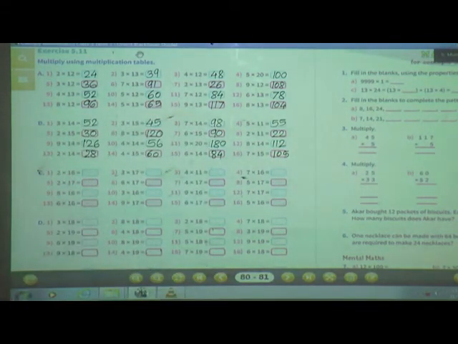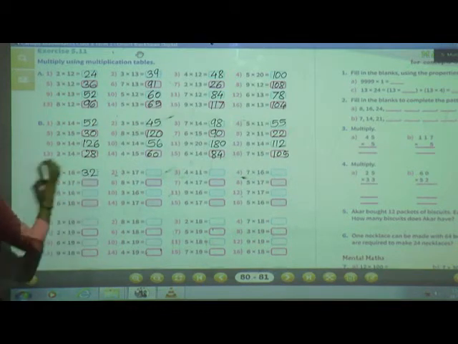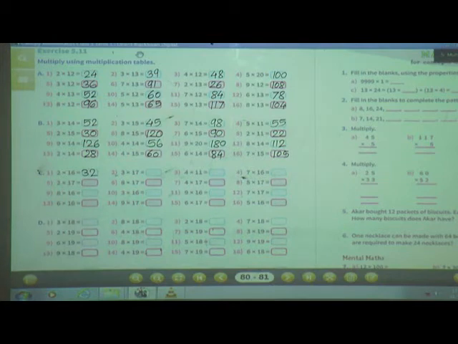Next, see the C question. Complete till here? A and B question complete? Okay, now we'll see the C question. 2 into 16. Now here you have to say the table of 16. 16 twos are 32. Correct. So write in the given box. 16 twos are 32. So 2 into 16 is equal to 32.